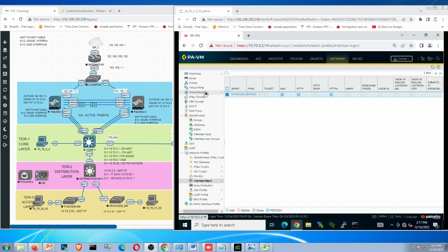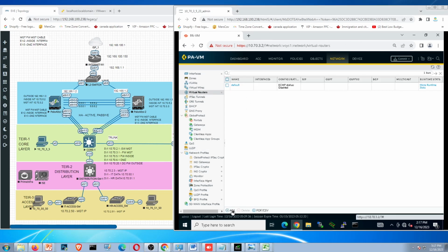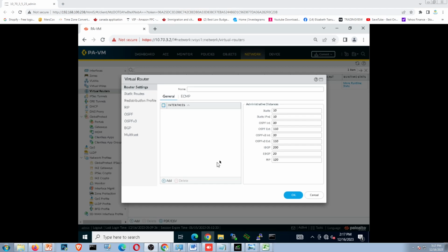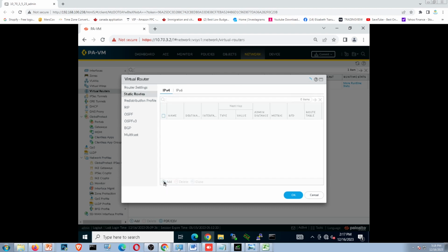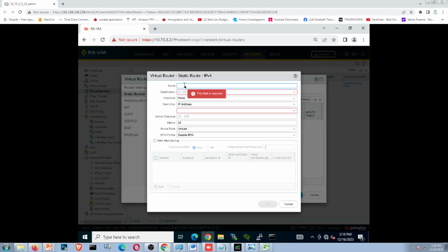Next, we'll create the virtual router. Click Virtual Router, click Add, and name it default. I will just put mynet security route. Then click Static, then click Add, and then we'll put this on default route